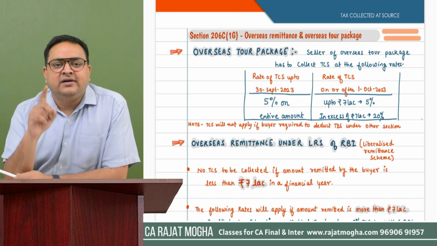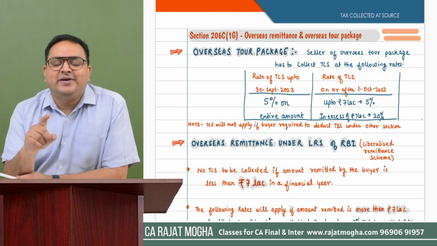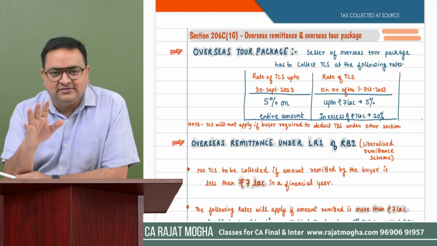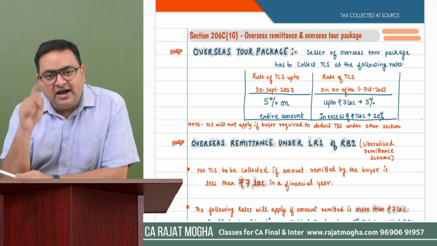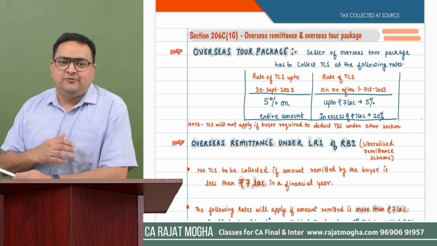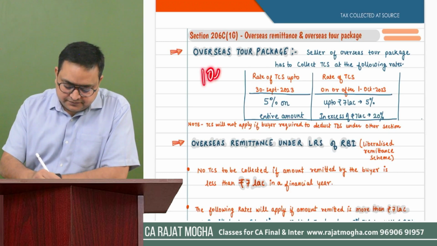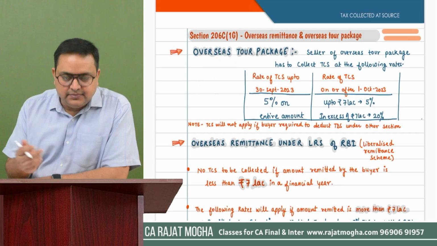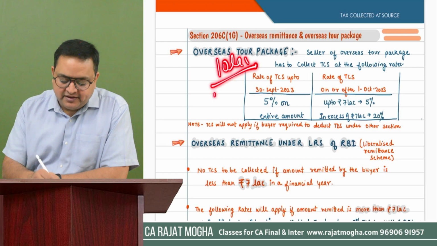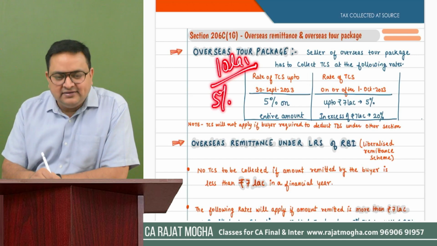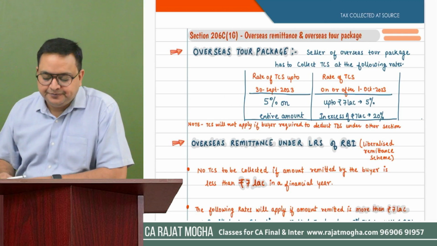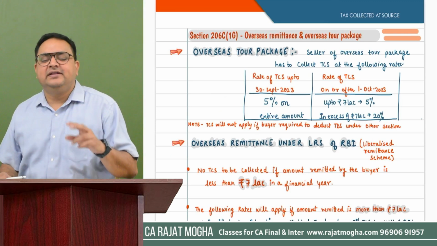That tour operator will also be charging 5% TCS. The person who collects the amount will collect extra from you. So if you are making a payment of 10 lakh rupees, then this person will charge some extra TCS, right? The rate of TCS is 5%, but there is a little amendment. In some cases, it would be 20% also. I'll tell you what the amendment is. First of all, I'm telling the basic provisions.